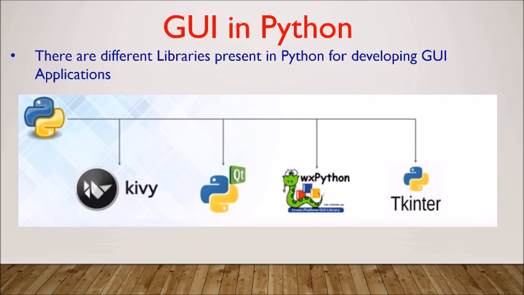libraries. First one is Kivy. It is used for developing mobile apps. Yes, we can develop mobile apps using Kivy. Qt. It is a binding generator tool used to expose C++ projects into Python. So when we want to expose the projects made in C++ into Python, we use this library. WxPython. It is an open source interface for wxWindows. Tkinter. We are going to concentrate on Tkinter because it will be easy and handy for you to use this module.